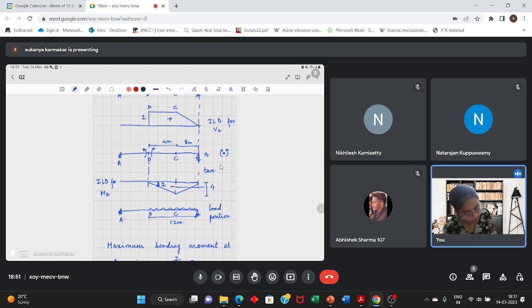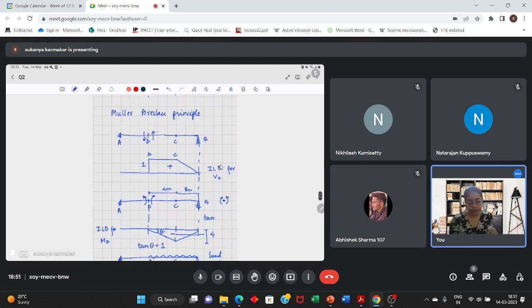It basically means tan theta is unity. I used the wrong words here. If this is theta, then tan theta is